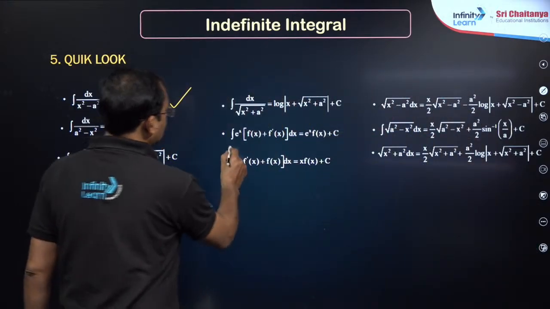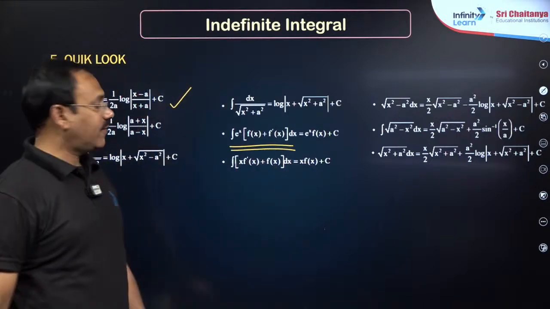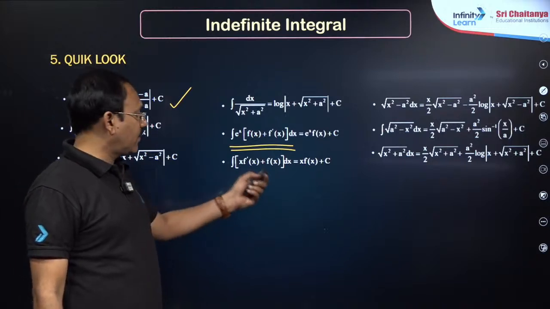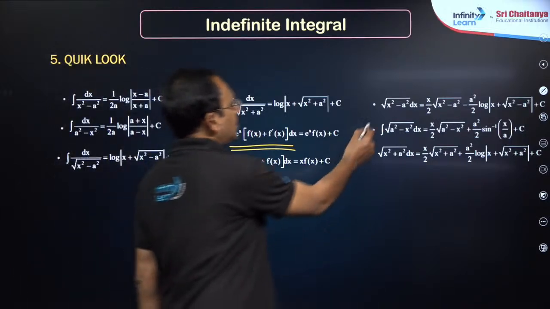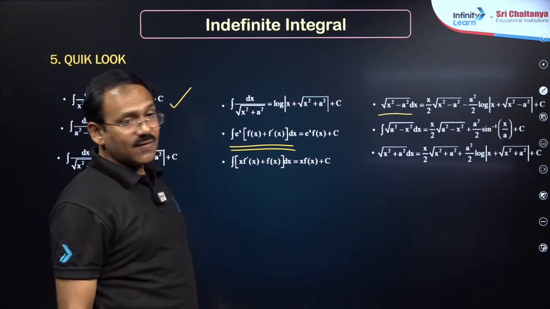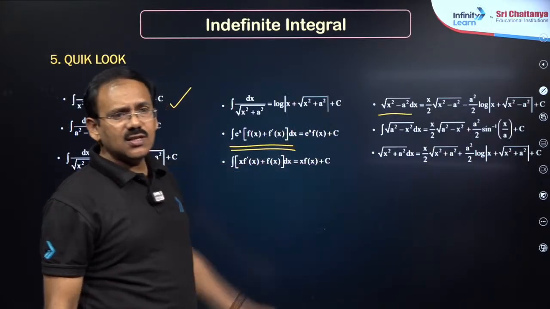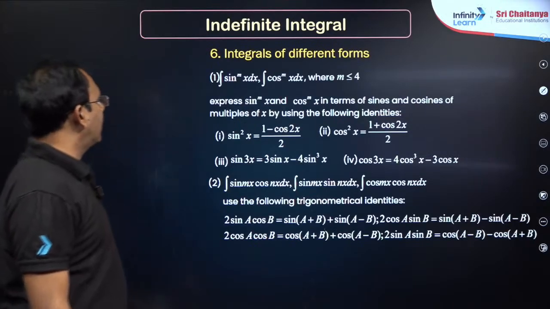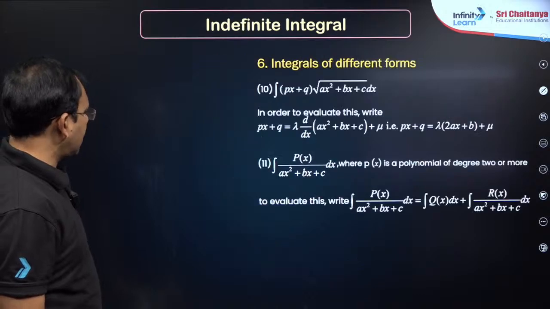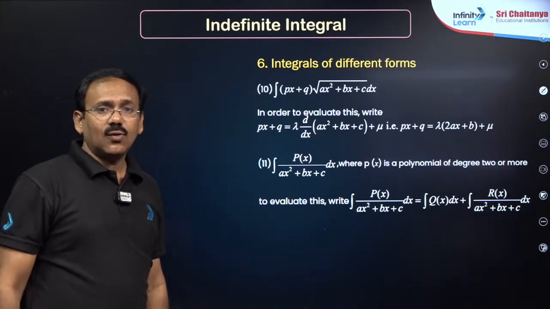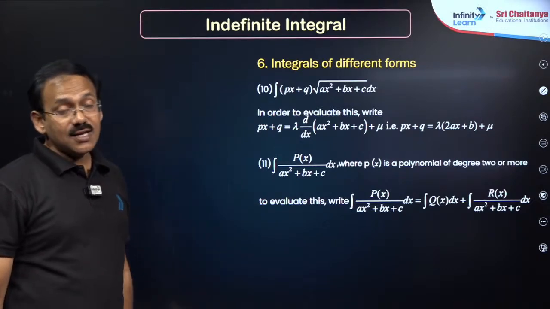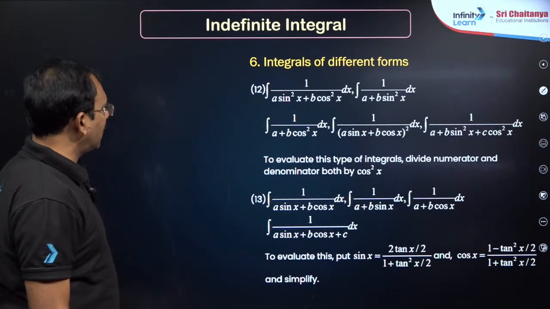f of x plus f dash x is very important, e power x f of x, and x f dash x plus f of x is nothing but derivative of x f of x, right? And this integral is x by 2 into given function plus a square by 2 into sin inverse x by a. So these three, you must recall these formulae, my dear friends. Then these are substitution based. You just recall quadratic, linear by quadratic, quadratic by quadratic, and linear root linear combination, all these things you recall.